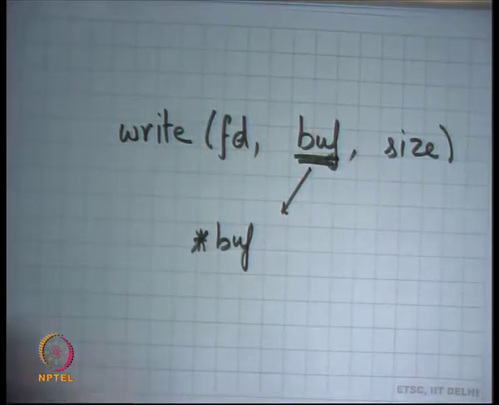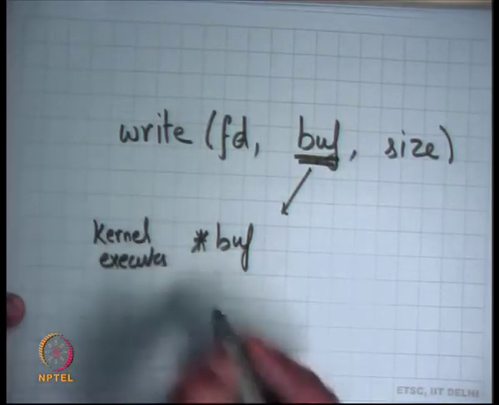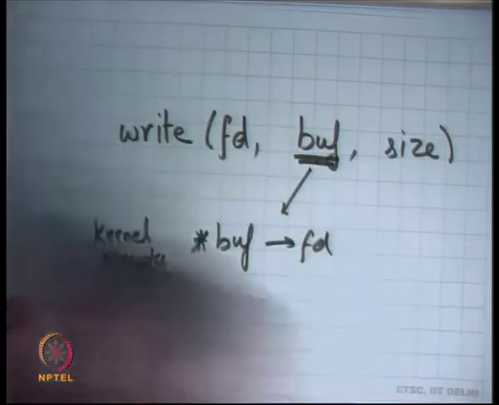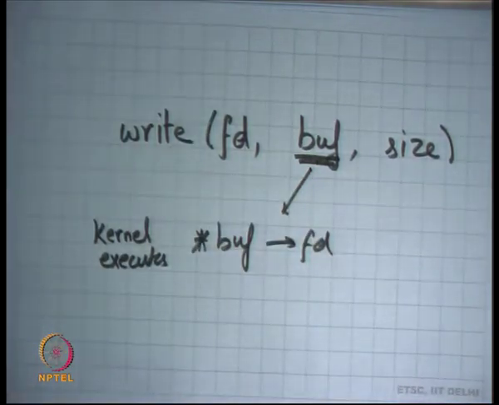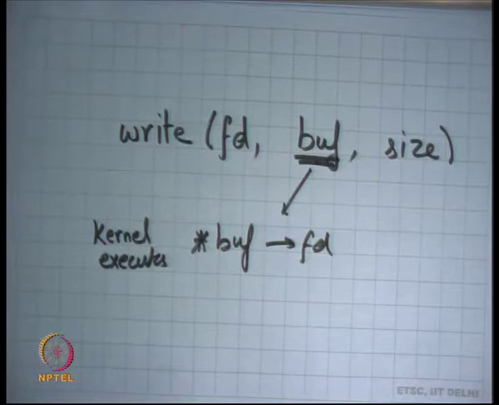So if the kernel executes star buff and puts it into file descriptor fd, then the user can potentially read the entire kernel, right? He just needs to craft his pointer in such a way that it looks at different addresses of the kernel, and I can look at the entire code and the entire data of the kernel. I can look at the data of other processes, because after all the other processes are mapped in the kernel space also, including myself. This is just a way of reading the kernel. I could actually crash the kernel.